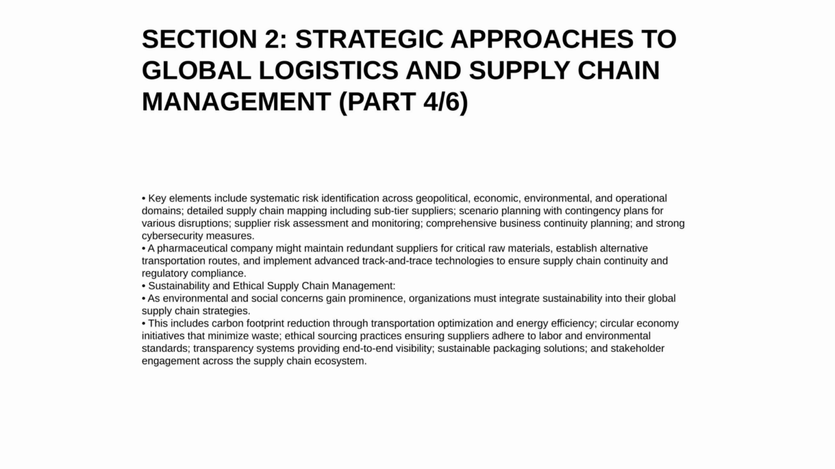Sustainability and ethical supply chain management. As environmental and social concerns gain prominence, organizations must integrate sustainability into their global supply chain strategies. This includes carbon footprint reduction through transportation optimization and energy efficiency, circular economy initiatives that minimize waste, ethical sourcing practices, ensuring suppliers adhere to labor and environmental standards, transparency systems providing end-to-end visibility, sustainable packaging solutions, and stakeholder engagement across